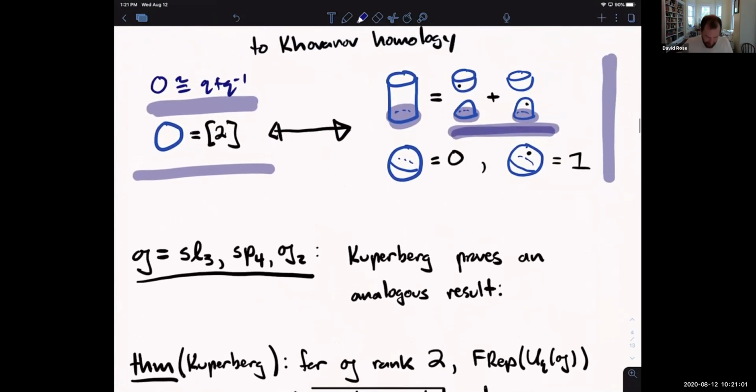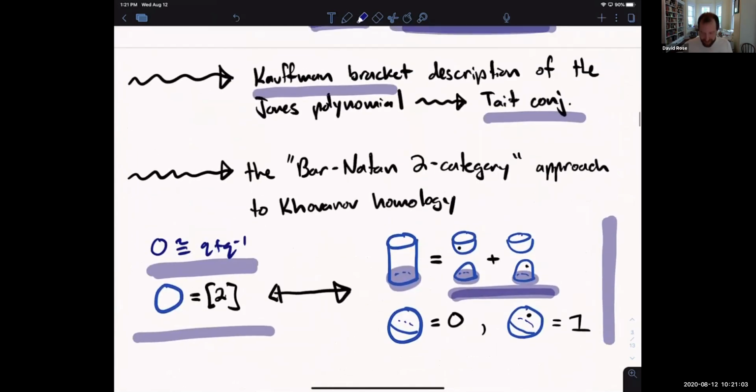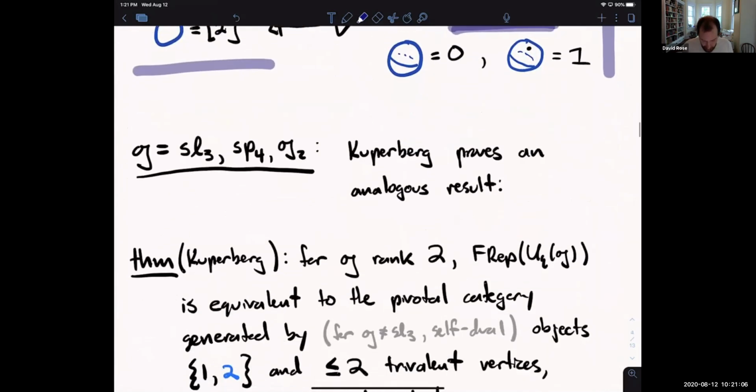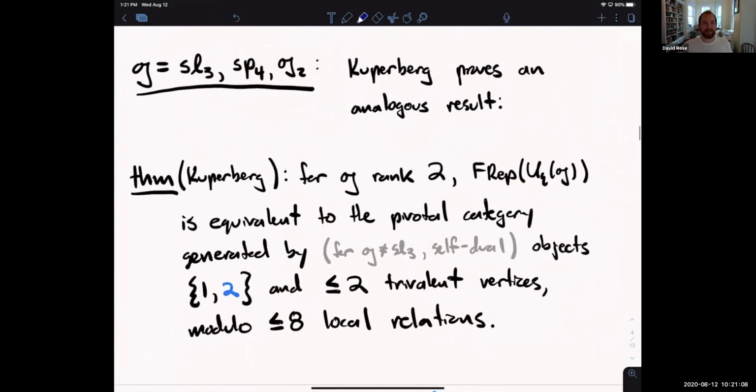So that's essentially the SL2 case, and maybe very quickly, what's next in our list? Well, you start enumerating simple complex Lie algebras. You enumerate them by rank. You say the next three simplest complex Lie algebras are the rank 2 ones: SL3, SP4, also known as SO5, and G2. And in this setting, Kuperberg